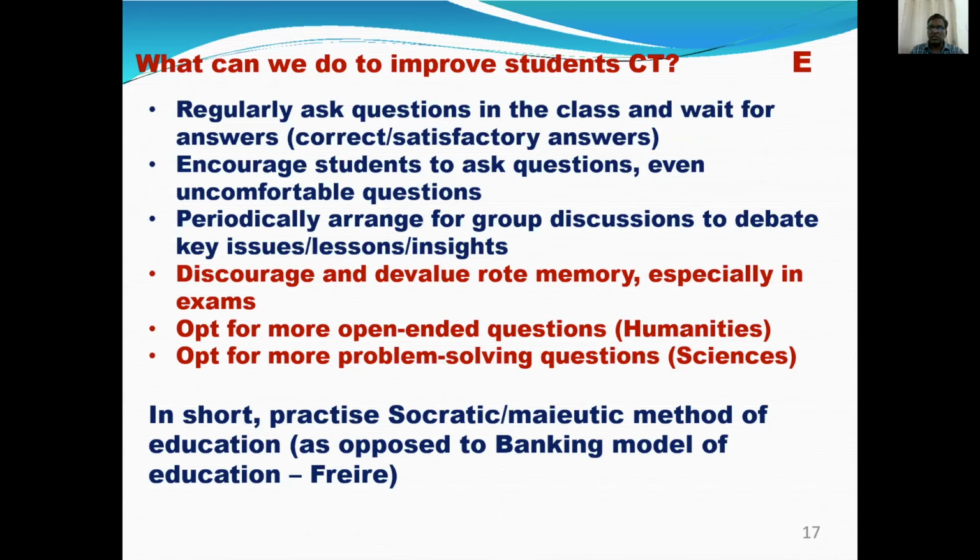But unfortunately, you look at the Indian system of education, particularly at the primary and at the secondary level, it is all rote memory. Our students are trained to memorize, but unfortunately, our students are not trained to ask questions. So we do not interrogate, we do not ask, we do not critique. Instead, we memorize. And therefore, the critical thinking skills of our students are only average or even below average.